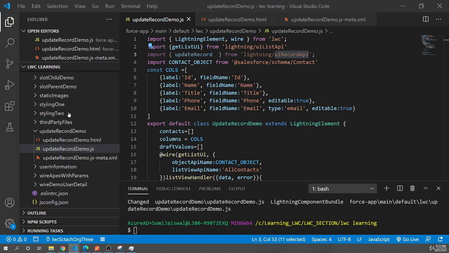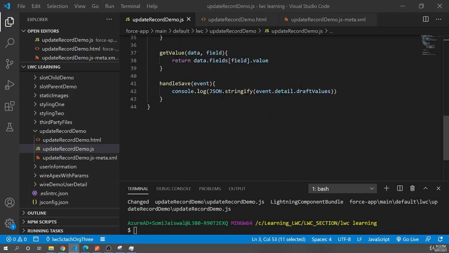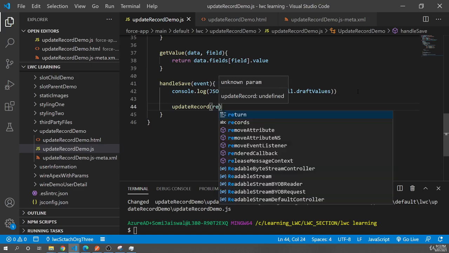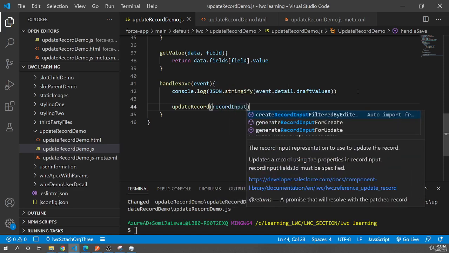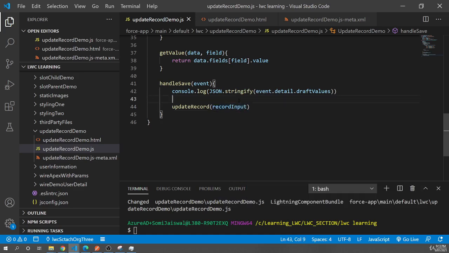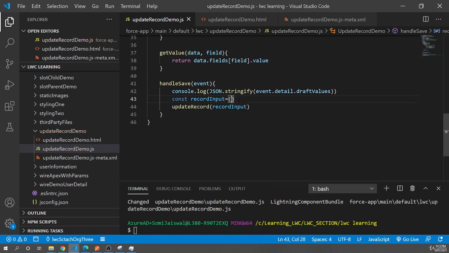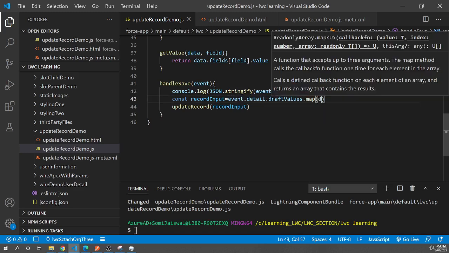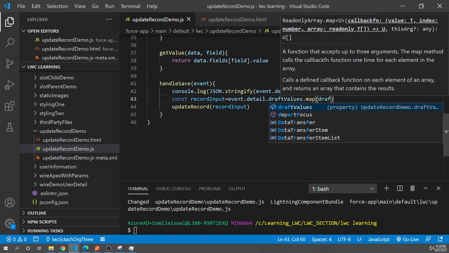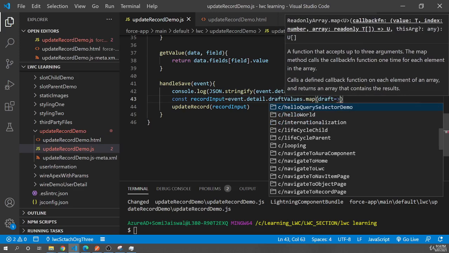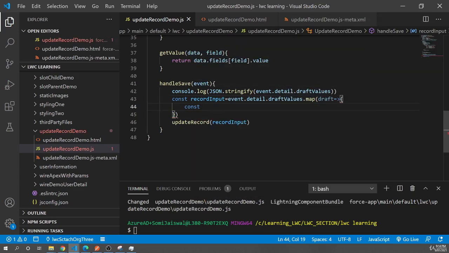We'll go to our save function. We have already seen the syntax: updateRecord takes the recordInput, and recordInput is an object. To get this object, we are already getting the draft values. So we'll run a map on these draft values. Each value is a draft, and we'll store this draft into the fields,